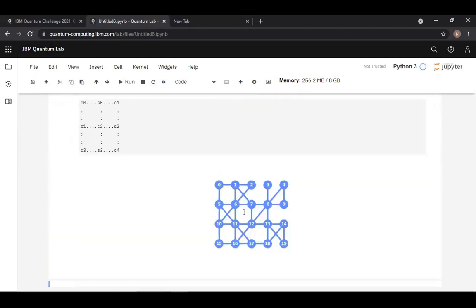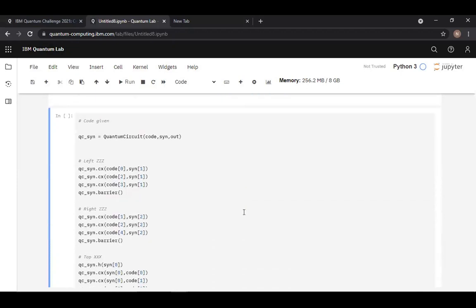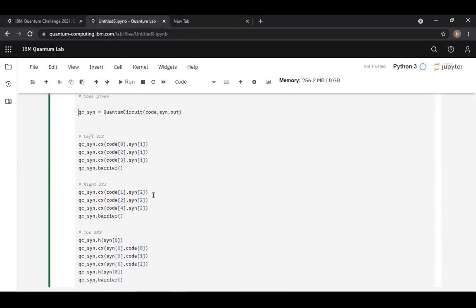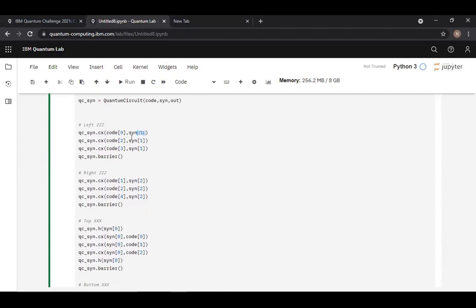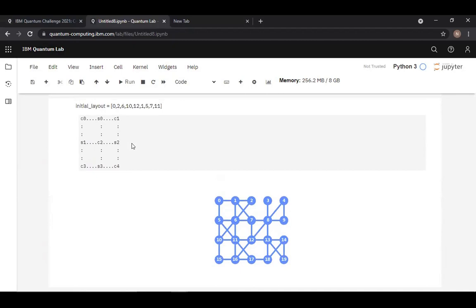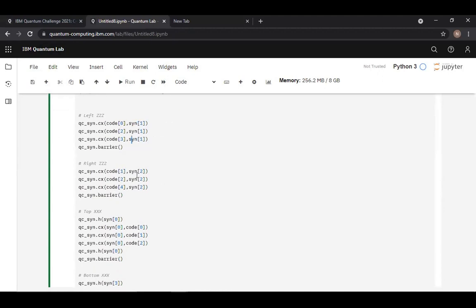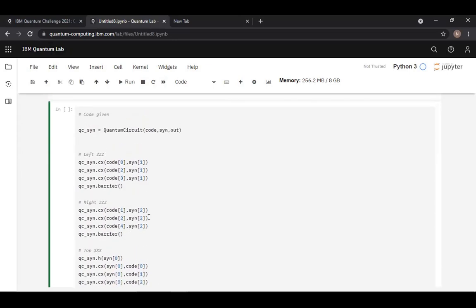They said that the best possible solution was to just do a few tweaks to the code which they had provided. So if you see the code which they had given, essentially we just need to look for operations which involve C1 and S2. This doesn't involve C1 and S2. This doesn't either. When we come down over here, this is a statement which involves C1 and S2. Is there any other one? Actually there isn't any other operation which involves C1 and S2, so we are just left with this particular thing.